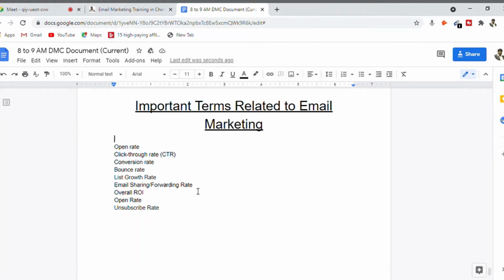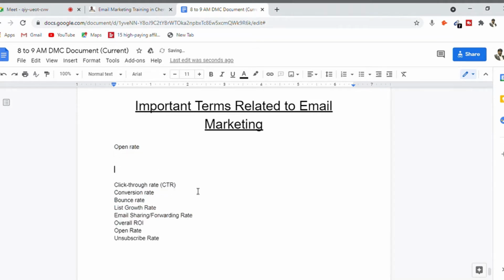email marketing procedure, so that it will be really useful for us to better understand and then execute the email marketing campaign. The number one is basically called the open rate. Rate is always with respect to time. Open rate, which means